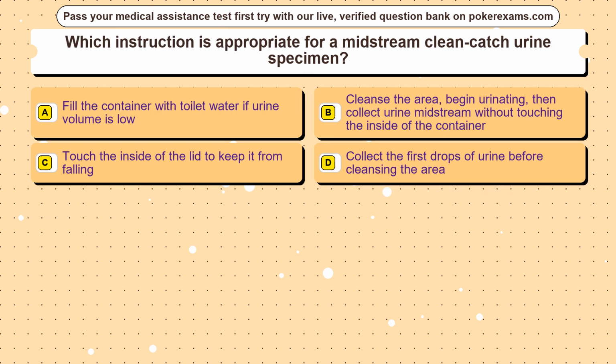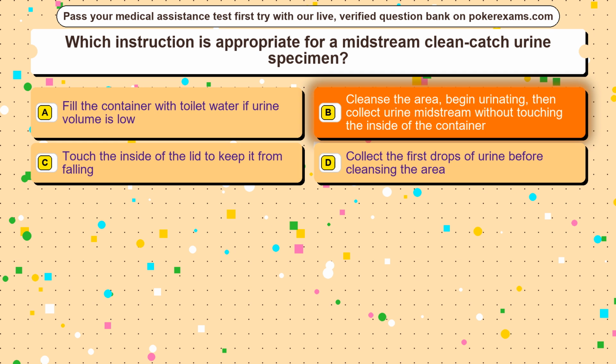Question 31. Which instruction is appropriate for a midstream clean-catch urine specimen? Option A, fill the container with toilet water if urine volume is low. Option B, cleanse the area, begin urinating, then collect urine midstream without touching the inside of the container. Option C, touch the inside of the lid to keep it from falling. Option D, collect the first drops of urine before cleansing the area. The correct answer is option B, cleanse the area, begin urinating, then collect urine midstream without touching the inside of